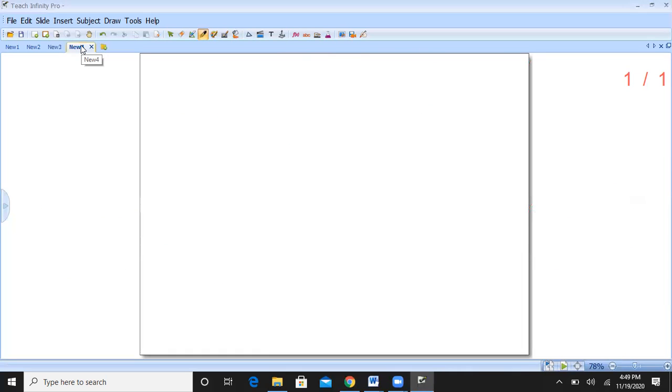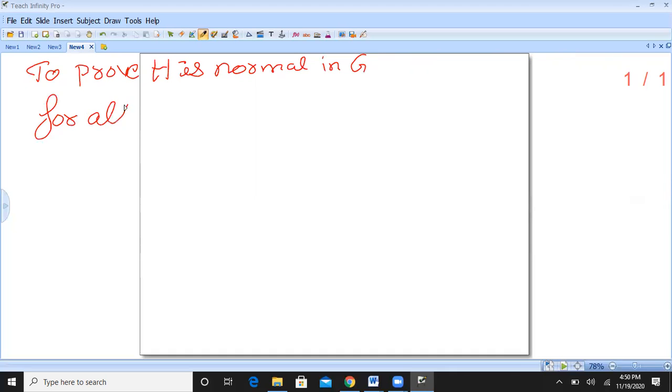So next page. Now what we have to prove? To prove that H is normal in G, it is sufficient to prove that for all x belonging to G, there exists